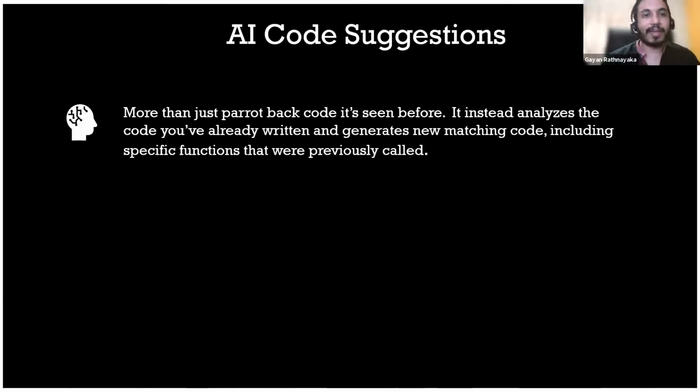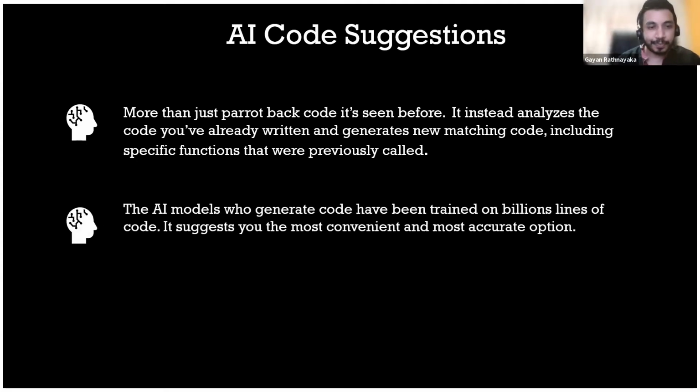So let's see. AI code assistants do more than just parrot back what they have seen before. They analyze your code. They analyze what you have already written, and they have knowledge of what code currently relies on. They have an intelligent data model that identifies what you are going to write, and they can search it up from the data model and suggest the proper solution.